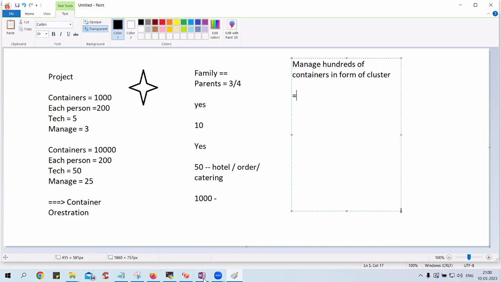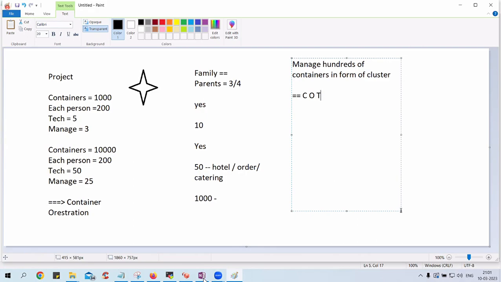So that is the role of your container orchestration tools, COT in short format. In the form of a cluster.